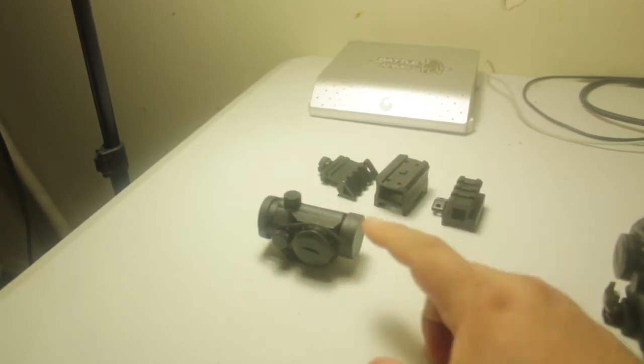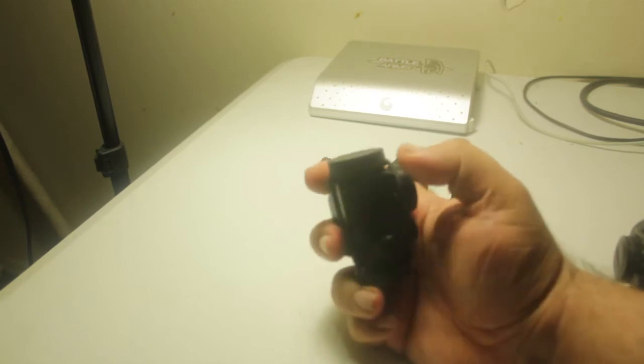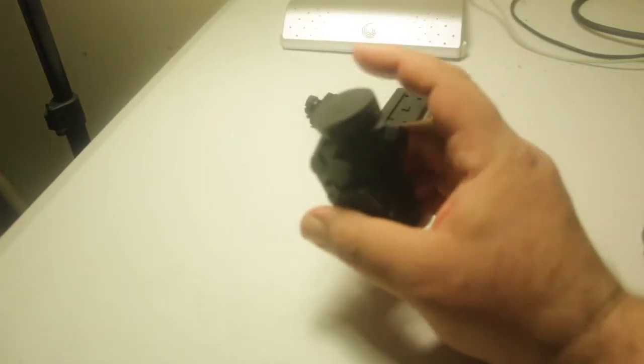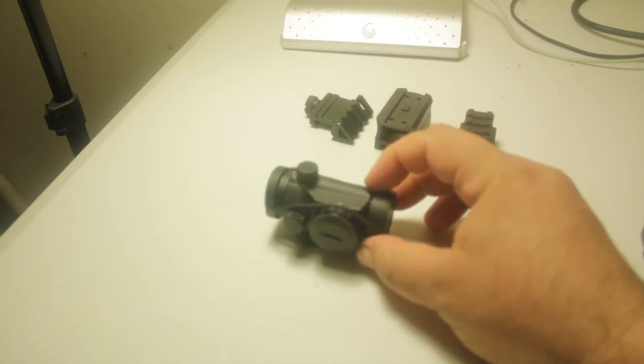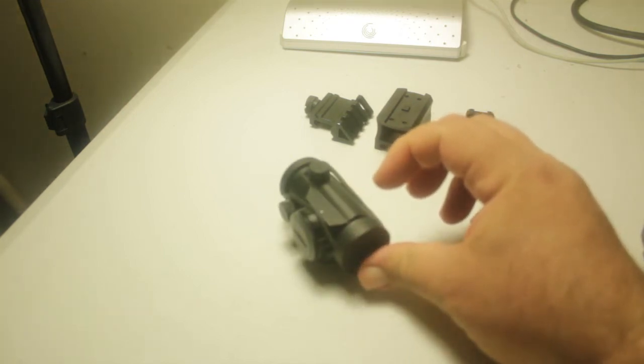And it already comes with a bikini cover, so you don't have to buy anything to cover it up. But my suggestion would be the attachment that'll go right in front of this instead of getting the bikini one. It is called a killflash. What it is, is an attachment that screws right in front of your red dot, and it keeps the glass protected in the front and also keeps the